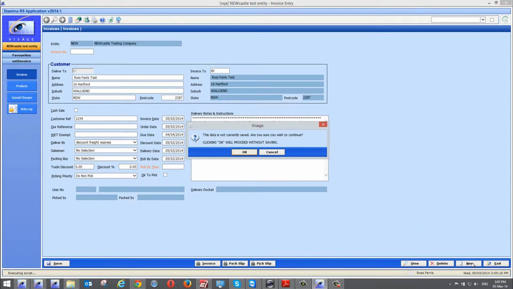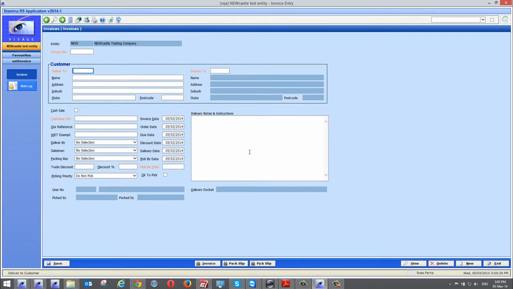I've just hit the new button, which is a way of getting rid of everything I've just entered. I get a warning that says, look, what you're about to do, you're going to lose everything. Is that okay? And I'm quite happy with that, so I will just click the OK button and everything clears. This time, when I enter my customer code of RF, and by the way, if I didn't know that, as I said, I've got search facilities,